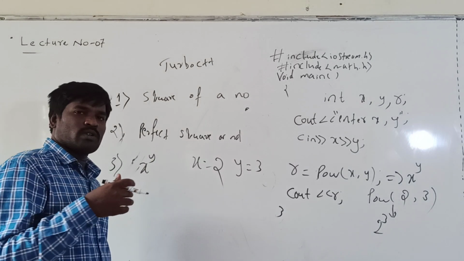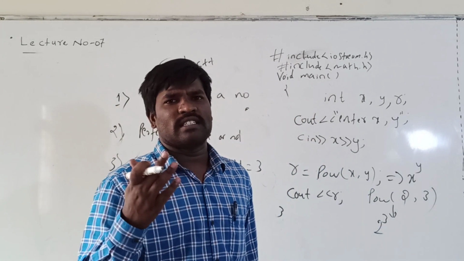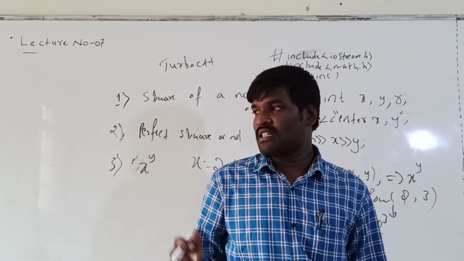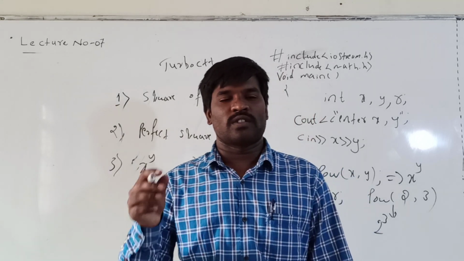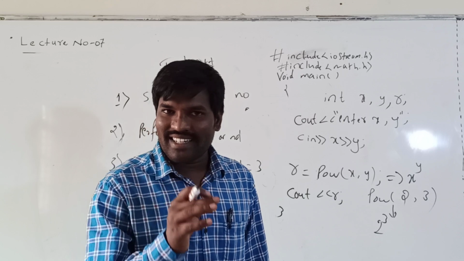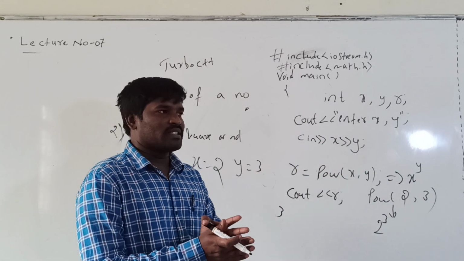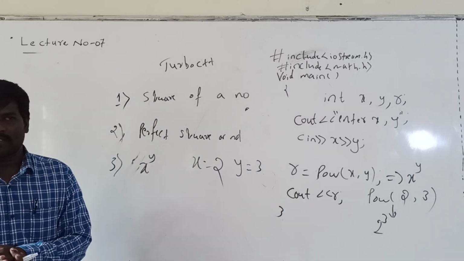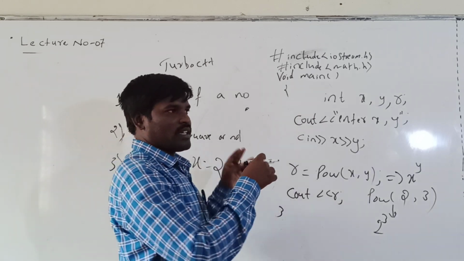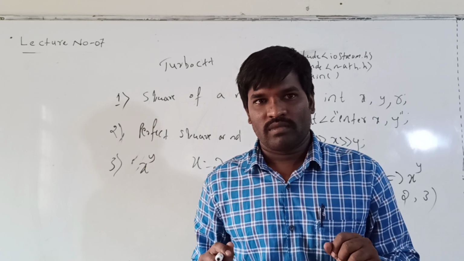If you have a computer, it may be Windows 7, Windows 8, or Windows 10, whatever the version. In Google you can search Turbo C++ for Windows. You will get the link, and you can download and install. Once it is successfully installed, you can open the software. Initially there are some menus, or it may open with a blue color screen.